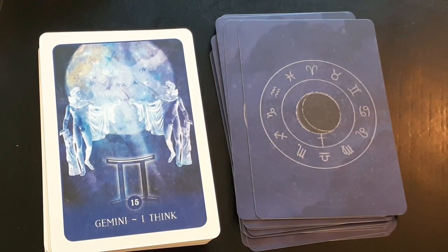Gemini, I think. The mind and the brain, being of two minds, fluency, deftness, being clever while a little superficial, double talk, talking too much, giving out too much information, publishing, left-handedness, the hands, fingers, and spinal cord, siblings,